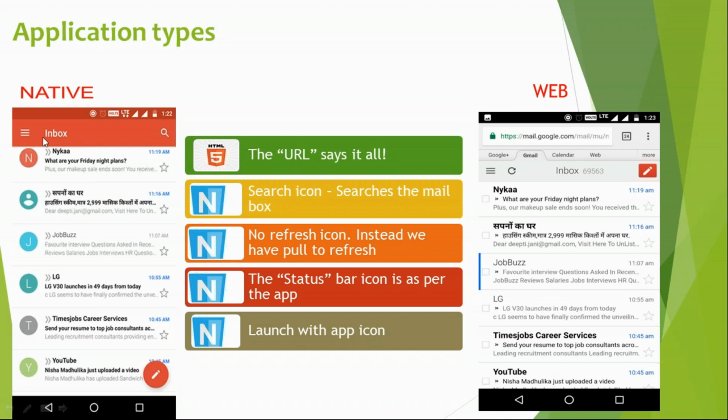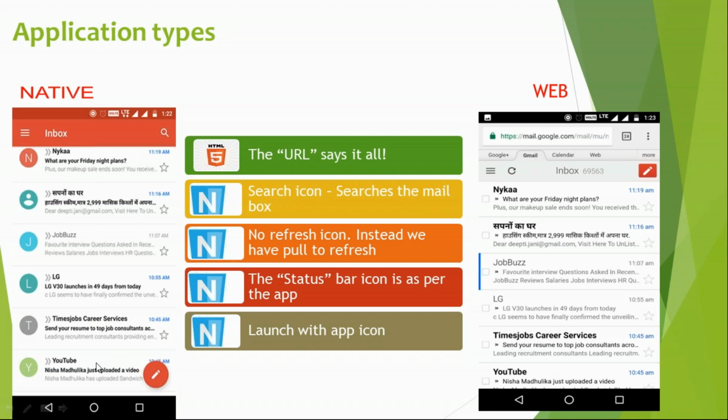The user can go to the settings of your hybrid application and select, let's say, if the user is pushing to the left side, I need to archive this message, and if the user is pushing to the right side, I need to delete this message. Like this, you can do settings in your hybrid applications, and login is not required here. Your security will come directly with your mobile screen lock only. So if your mobile screen lock is unlocked, you can connect directly to Gmail. The app is very user friendly.